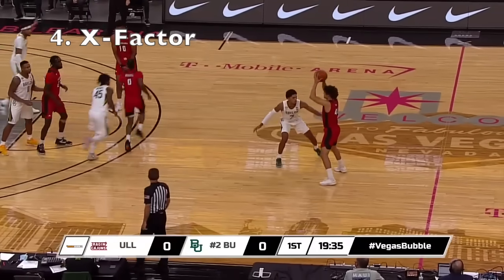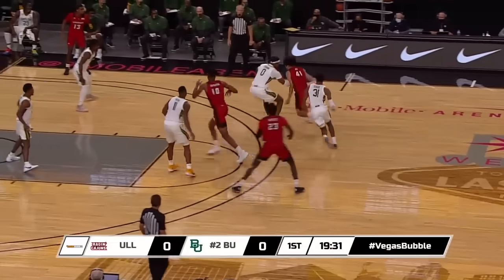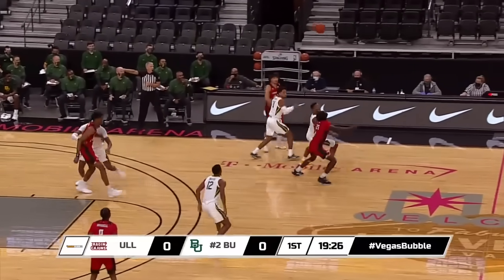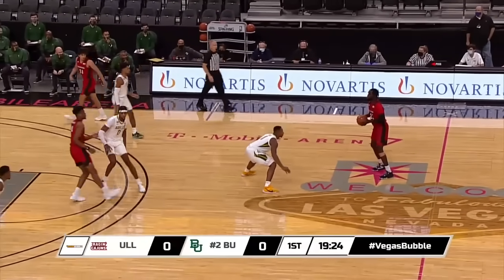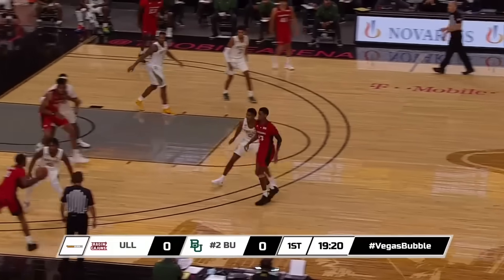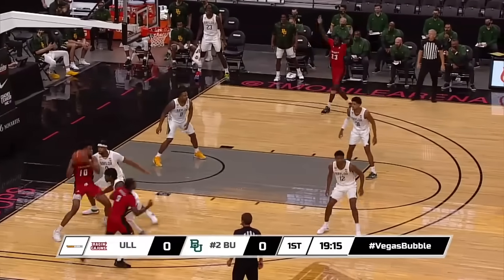But the most important part of their defense is what I refer to as their X factor. And what it is are these three things. Number one, their relentless effort. This defensive scheme works because Baylor has dogs. They fly around, they contest passes, they close out, they are aggressive, they are relentless, and they speed you up